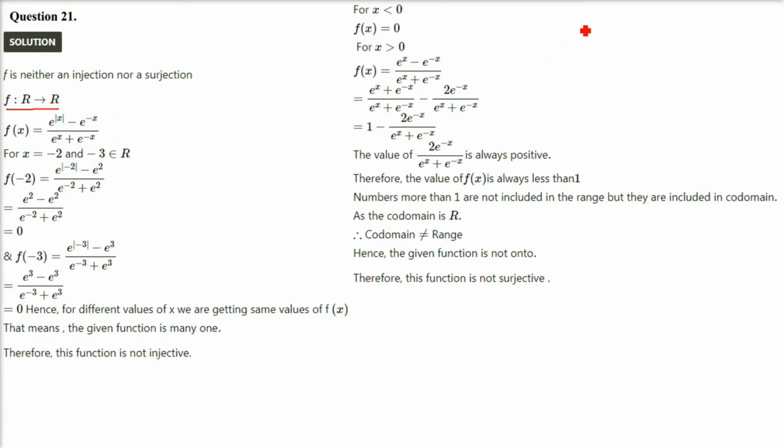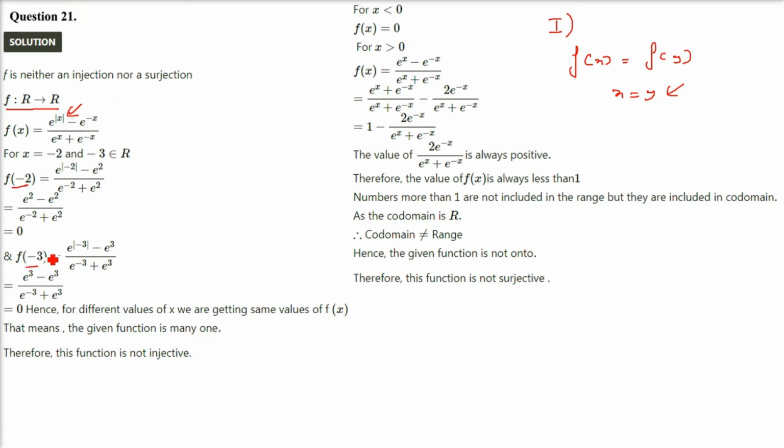So if we write it, injectivity, what do we do in injectivity? We try to make f(x) equals f(y) and then try to prove that x equals y. But since it is somewhat complicated, rather than doing this, we can do it using an example. We'll give some values and try to prove that with certain values this is not one-to-one, because there is mod x.